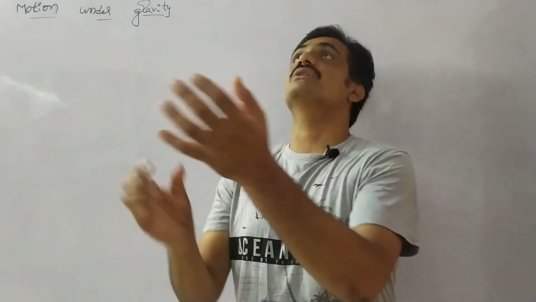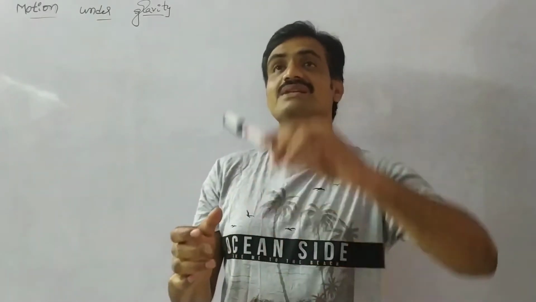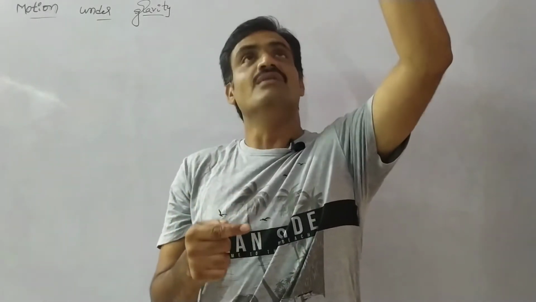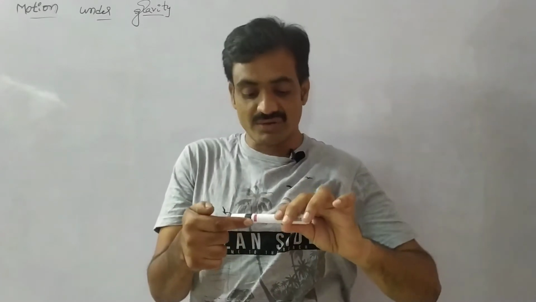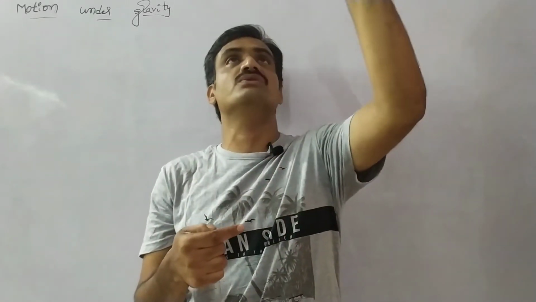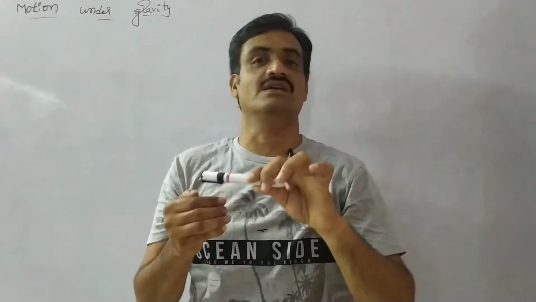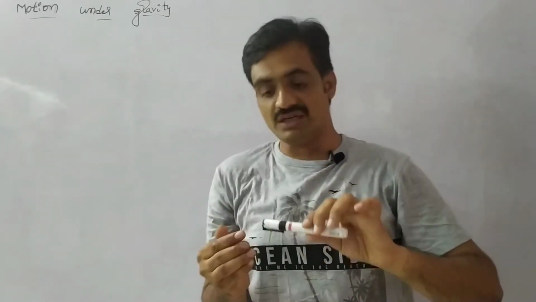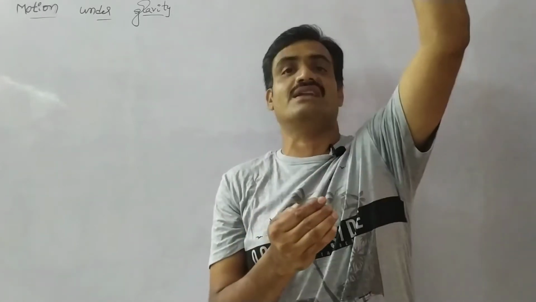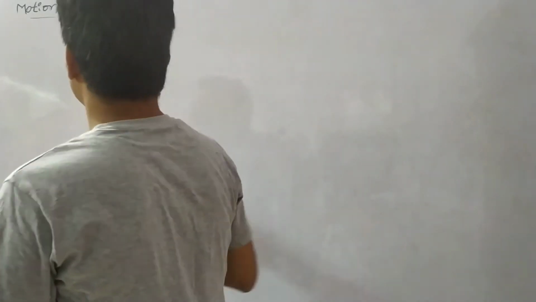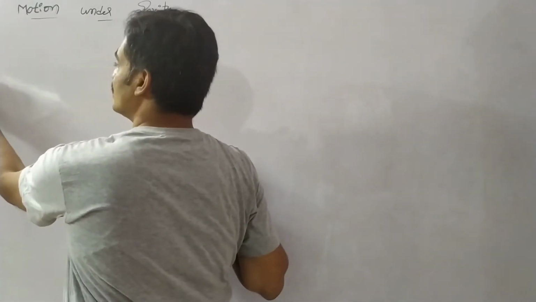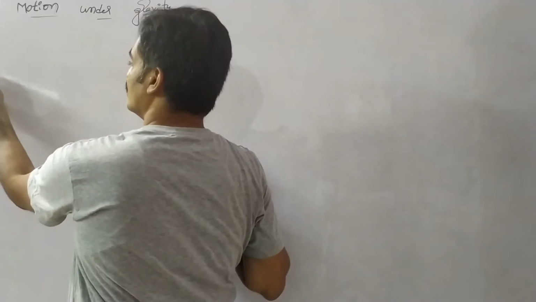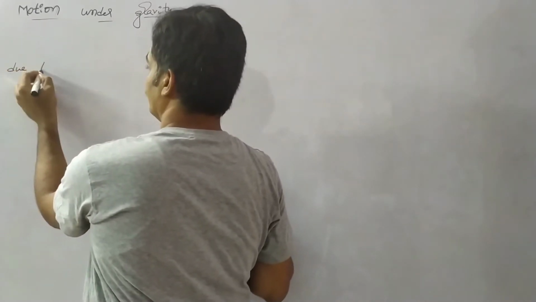Suppose we project a body in the upward direction. Observe that the body travels in the upward direction like this. In order to project the body from the initial position to the final position, we have to apply an initial velocity. Only then can it change its position in the vertical direction. That is what is represented here, motion under gravity. Before starting this topic, we have to discuss force due to gravity.